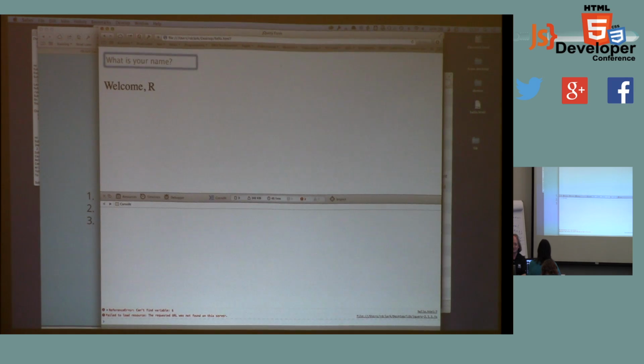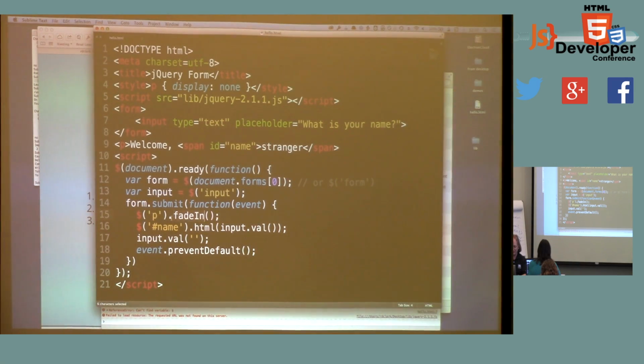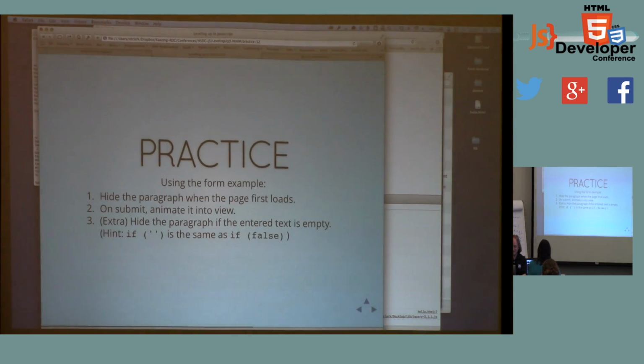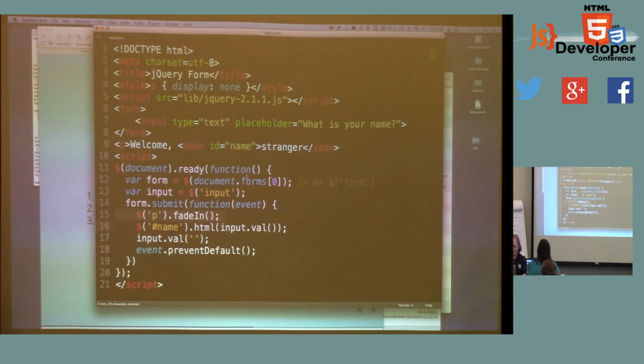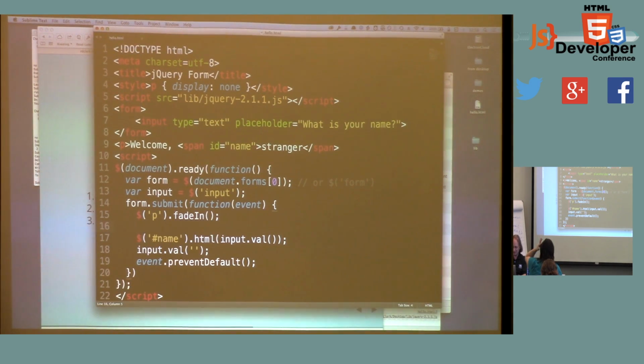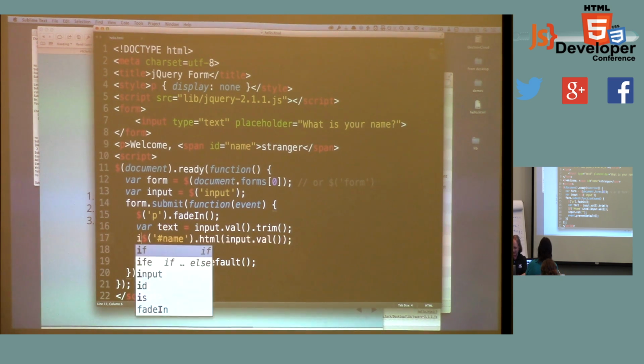So fade it in, right? Find the paragraph, fade it in. Last thing it says is hide the paragraphs if the entered text is empty. Somebody tries to type a blank. So let's do this. First I'm going to say var text equals, grab the input value, but then I'm going to trim it. Trim, remember, removes the white space on the front and the back, just so somebody can't fake me out by hitting space, space, return. And then I'll say if there's text,